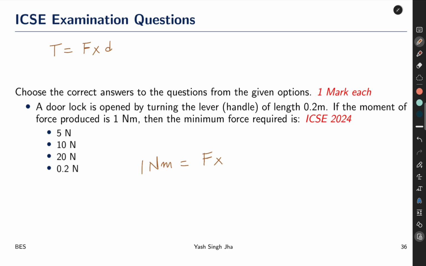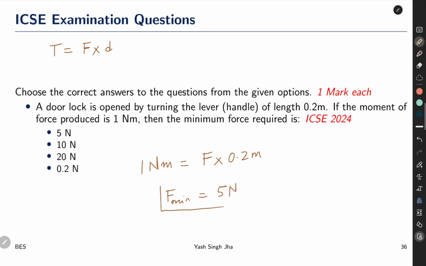But we know that the force required will be minimum only when the distance is maximized. The distance between the point of application of force, the line of action, and the center of rotation, or the point about which the rotation takes place. So F into 0.2 meters. So F required, which is the F minimum also, in this case turns out to be